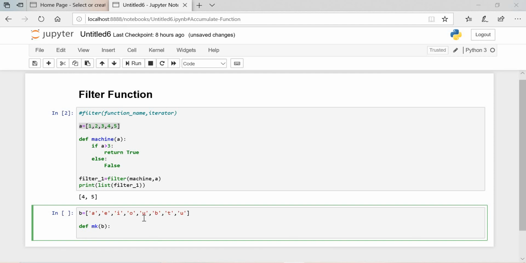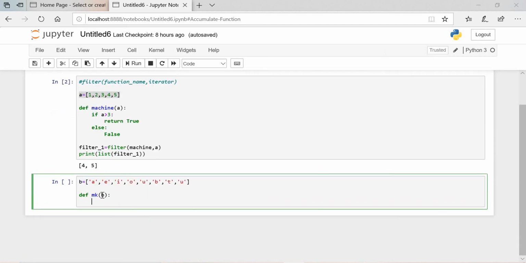Then we will pass the vowels, we'll put them in v: a, e, i, o, u.